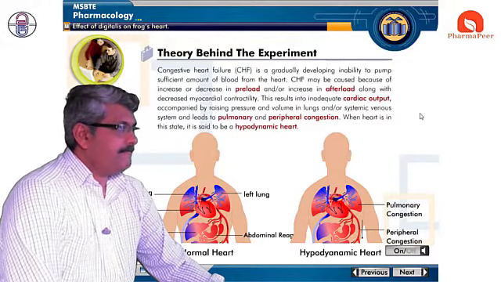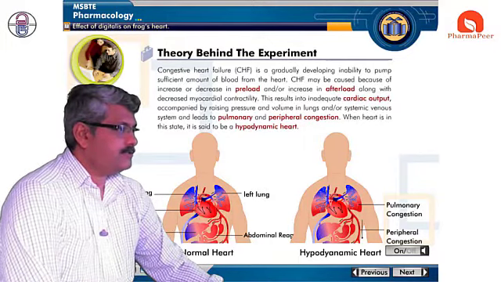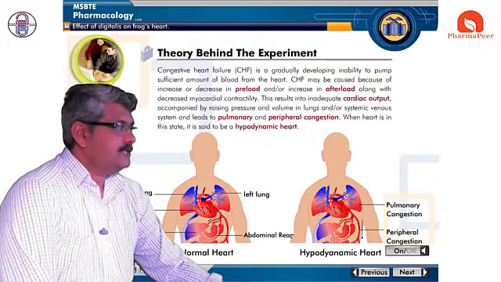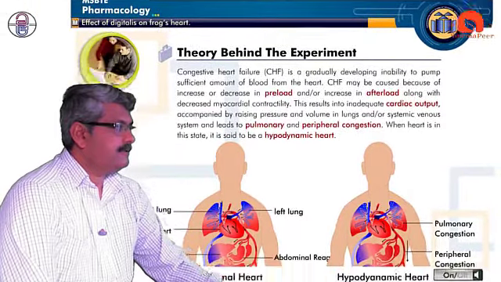This explanation I would like to show you in one diagram. Just a moment, I will show you this diagram. When you see this diagram, you will get more idea about it.